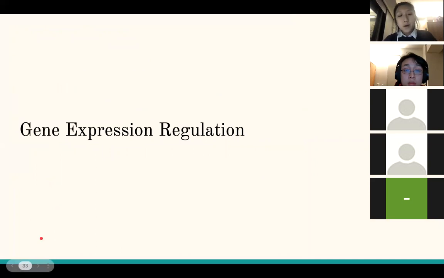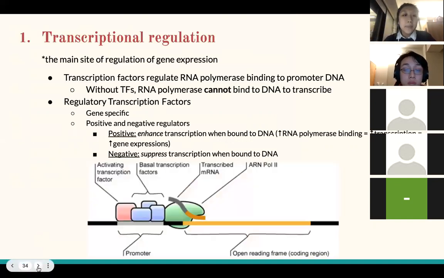All right, so the last part of this week's topics is gene expression regulation, or at least an introduction to the basics of gene expression regulation. We're going to focus on eukaryotes, and at the end, essentially, it's the same as what prokaryotes do, but with a few differences. Those are just shown in diagrams to help you picture it better. So for now, we're going to go through eukaryotes.